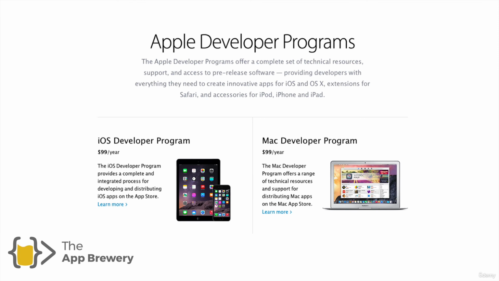And finally, I'm just going to mention that prior to Xcode 7, so Xcode 6, in order to actually download the app that you coded up, that you developed within Xcode, onto your physical iPhone device that you own, you actually had to pay Apple $99 a year in order to be on the Apple Developer Program. As of Xcode 7, so I think that was September 2015 when it launched, you are now able to do this on any free Apple account. So all you need is just your normal iTunes account, which you use to download apps, and we'll be able to get your code and your app onto your physical iPhone device.